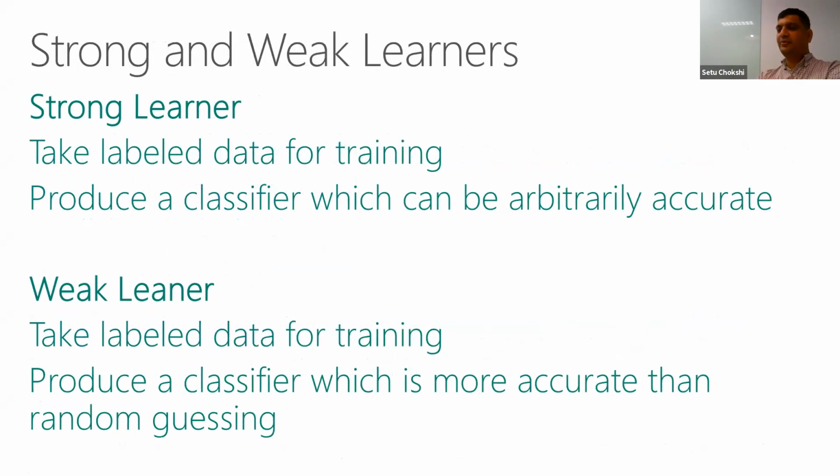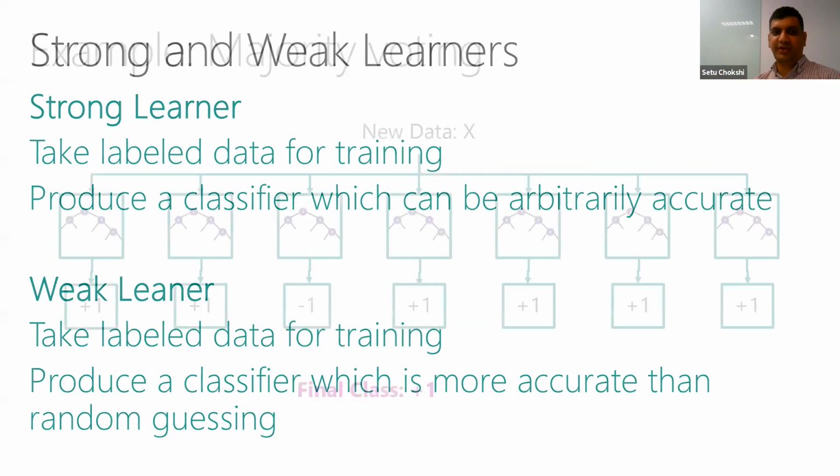So what we were doing before, with the decision tree, was trying to build a strong learner, a learner that's going to be very, very accurate. The idea of doing ensemble is, I don't need very strong learners. I actually want weak learners, which are slightly better than random guessing. As long as I have that sort of weak model, it works. There is mathematical theory around that, but we are going to skip it for now.